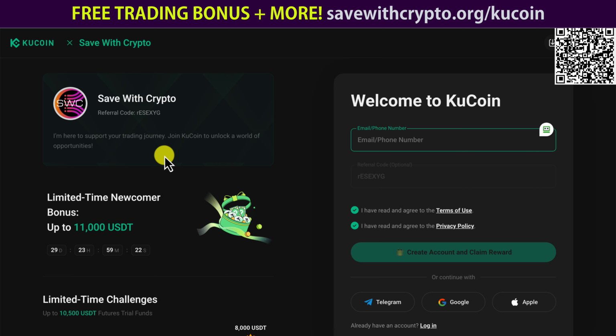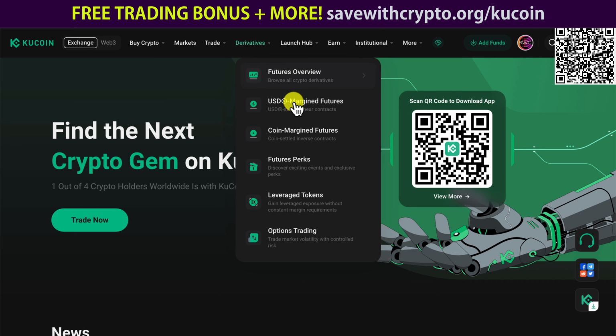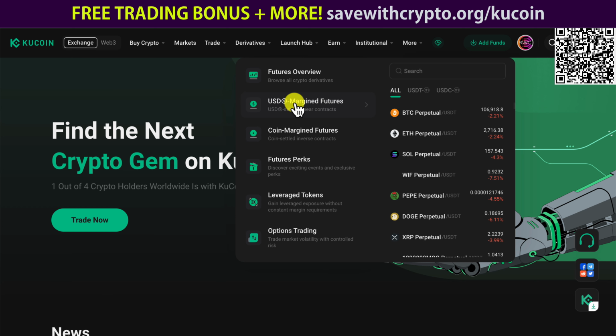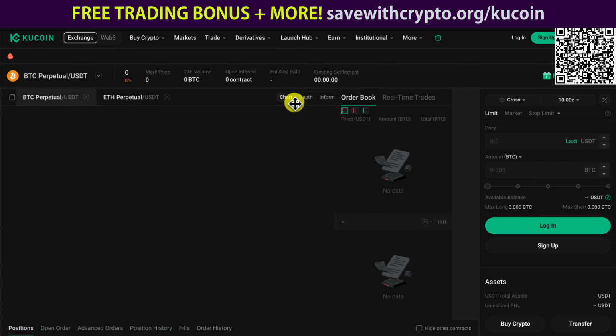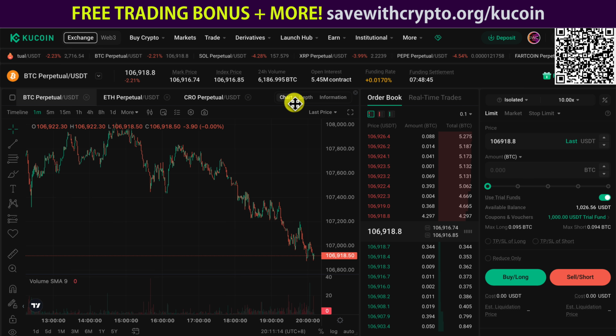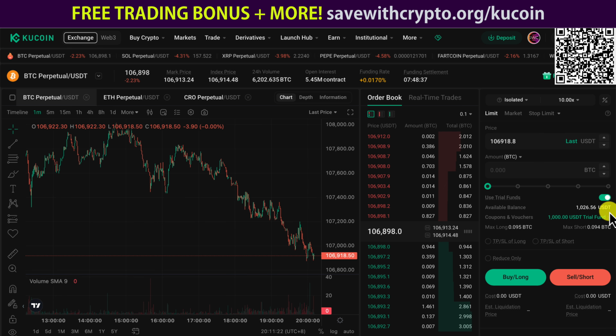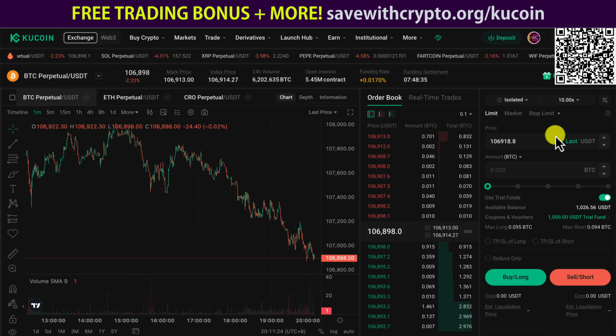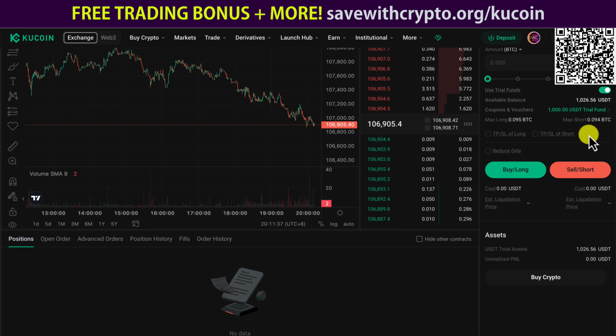Okay, so I'm going to log into this. I'm going to go to derivatives and USD margined futures. This is where I should have some funds. Yeah, so I've got an available balance of 1,026 USDT, with 1,000 of that being the trial fund. So this will behave the same way as the trial fund you get for signing up using my link,